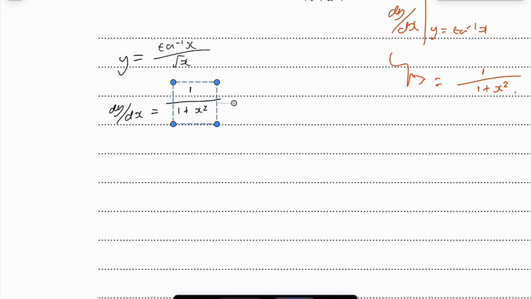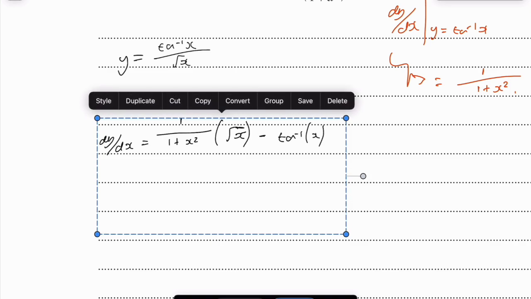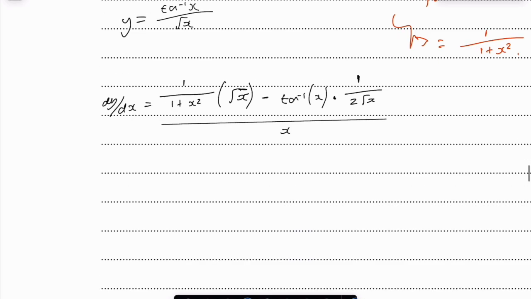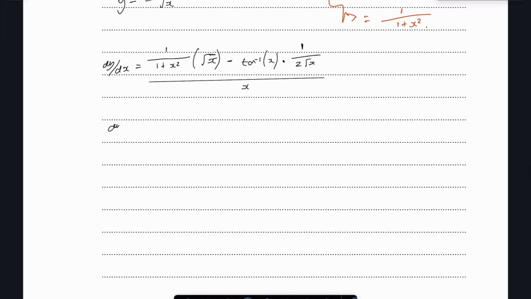1 over 1 plus x squared times root x, minus arctan x times 2 root x, that's all going to be over x. So dy by dx, very simple. It's going to equal, let's see,